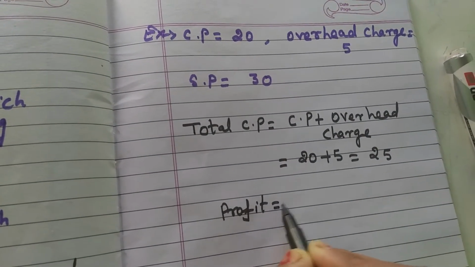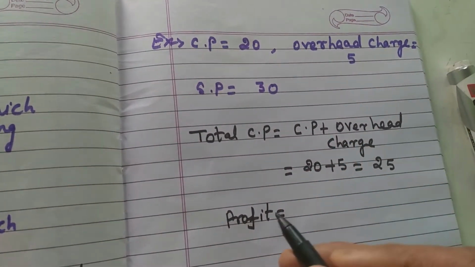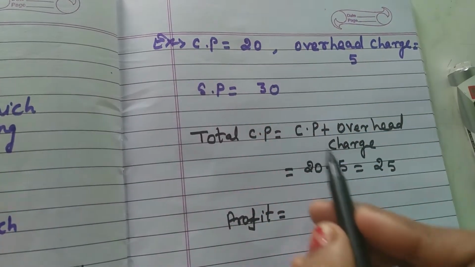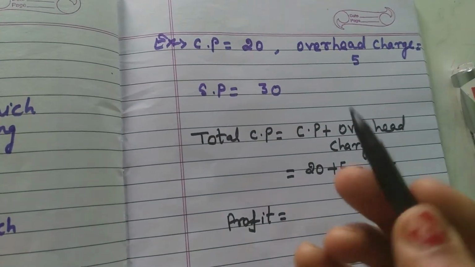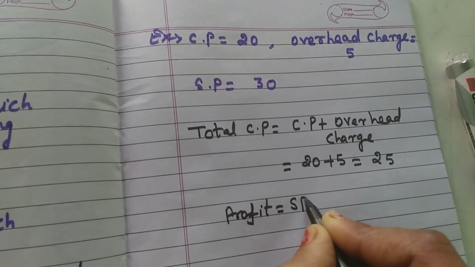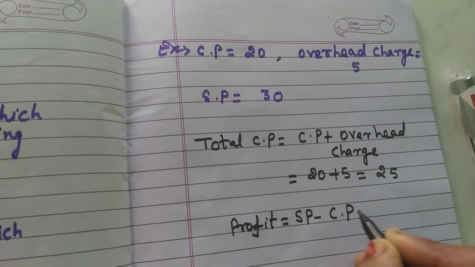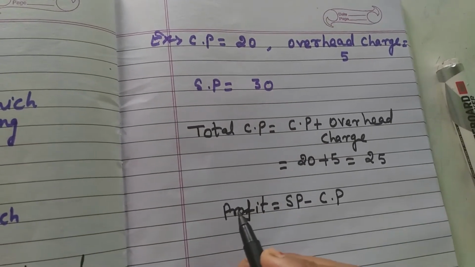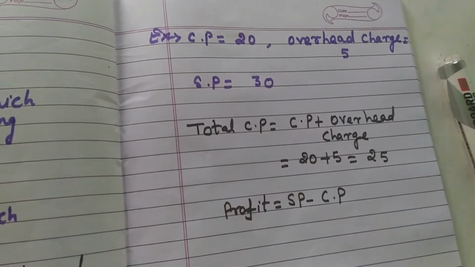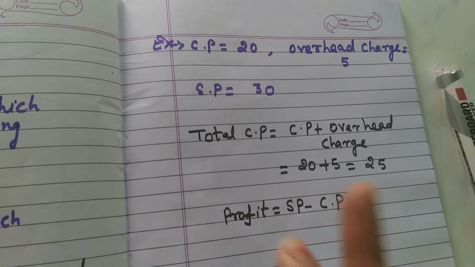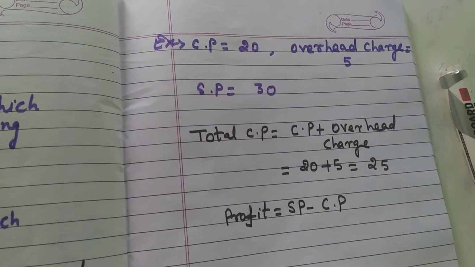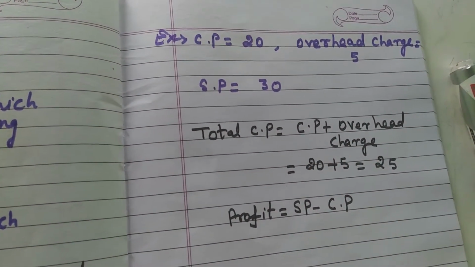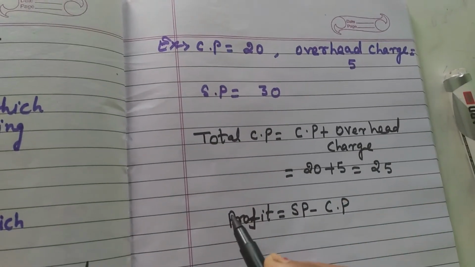Okay, and what is the formula of profit? You know that here SP is greater and CP is smaller. What you will do? SP minus CP. As you know, I have already given you the formula. Fine. It is up to you, you are learning the formula or you are learning the concept. If you are learning the formula, it is also okay. Clear? Or you can learn the concept, that is better for you. Clear? So learn the concept.